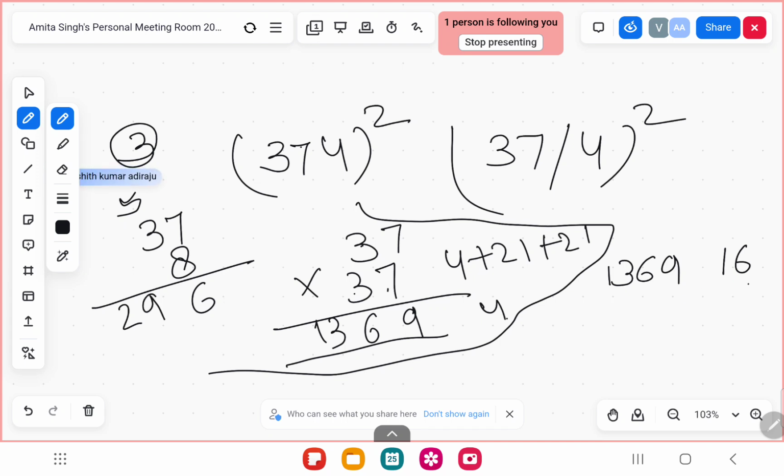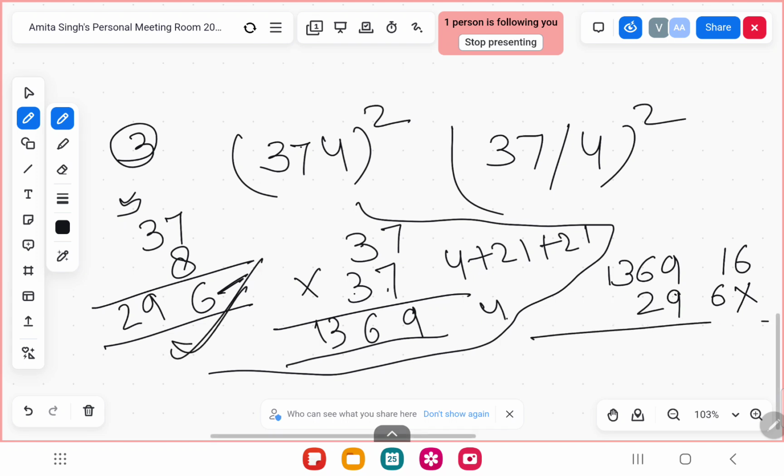So now cross. Then below 1, you have to write 6. This 6. And below 9, again, we got 9. Below 6, we got 2. Now we have to do addition. 6, 7. 9 plus 9, of course, 18. 1 carried. 6 plus 2, 8, plus 1, 9. And 13 as it is.